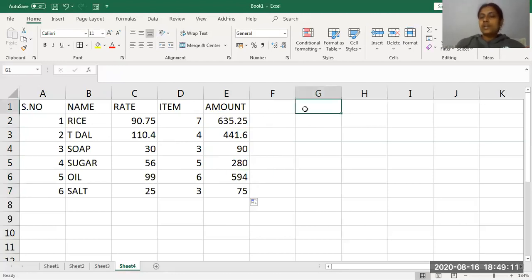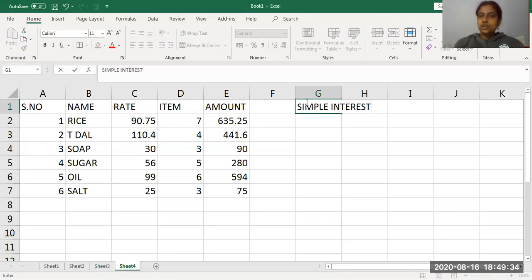Not only these kinds of calculations, using Excel we can perform mathematical calculations like simple interest, compound interest, Fahrenheit to centigrade, area of a triangle, area of a rectangle, area of a square, circumference of a circle. All these kinds of calculations we can also try. For your reference, we will do the simple interest formula as the next one.